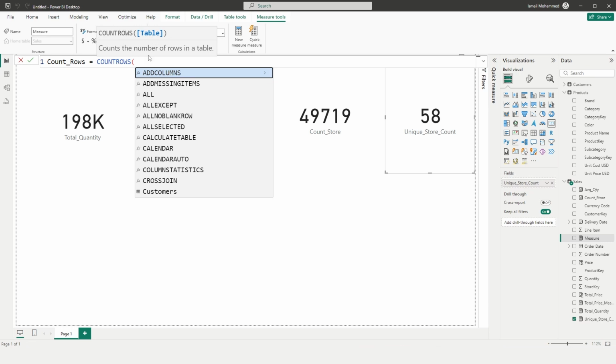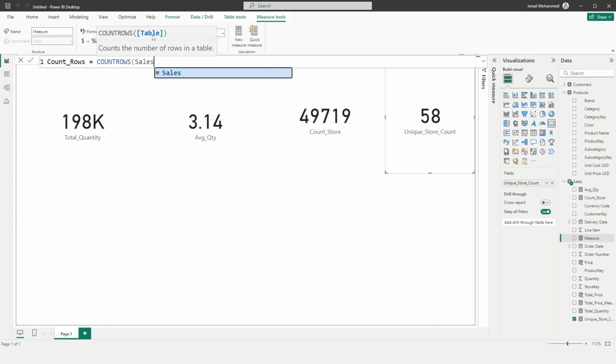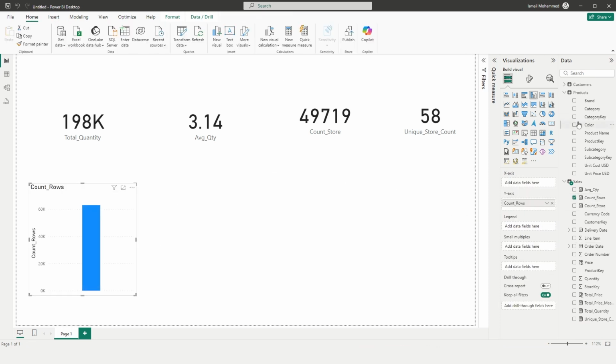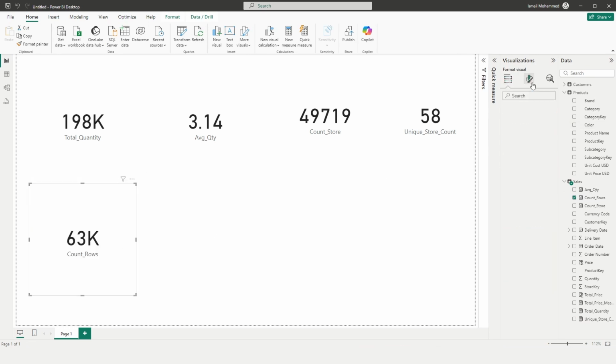Whenever you use a function, you will have a pop-up like this. It will tell you whether you have to pass in a table name or a column name. In this case, when I use the count rows function, it is asking me to pass in the table name. When I pass in my table here, close the bracket and confirm, I can now display the number of rows that I have in my table. And if I change this into absolute values, you can see that I have